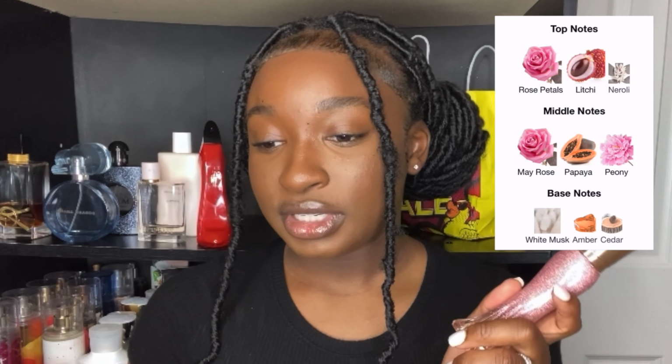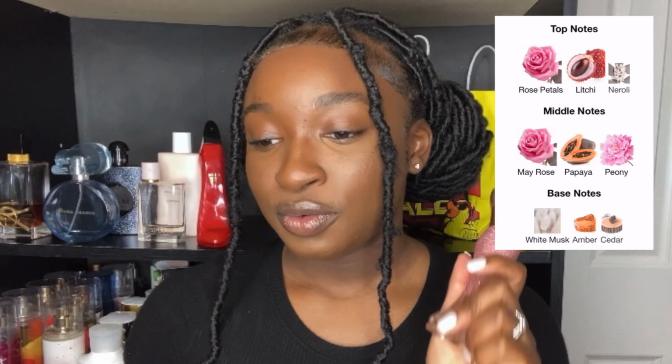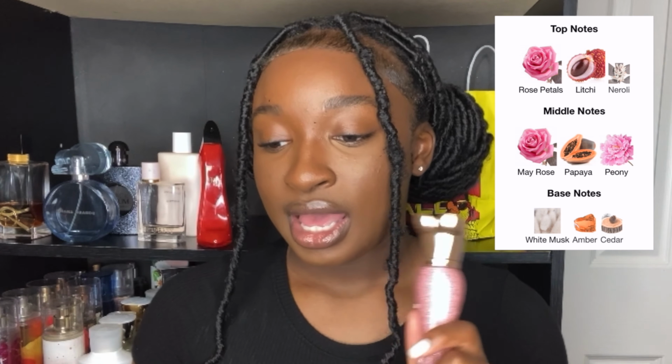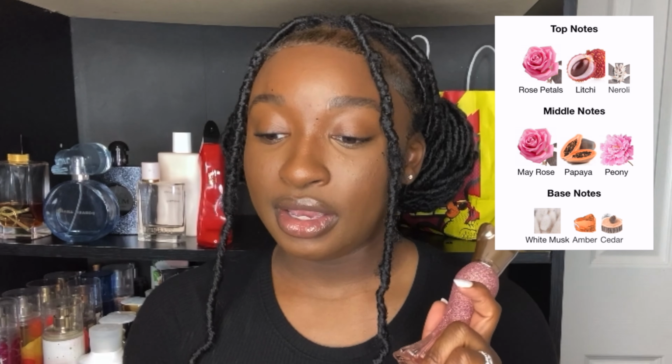The top notes to this fragrance are rose petals, lychee, and neroli. And then the middle notes are going to be May rose, papaya, and peony. And then the base notes are going to be white musk, amber, and cedar. Now, this perfume to me, it smells...